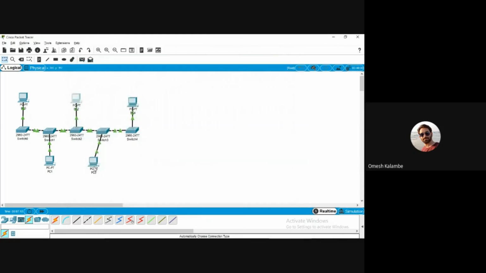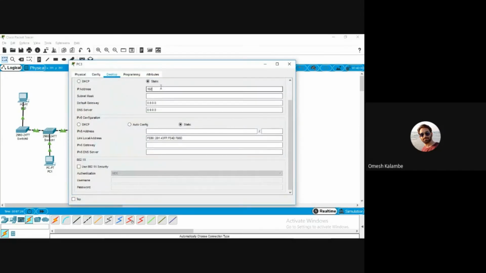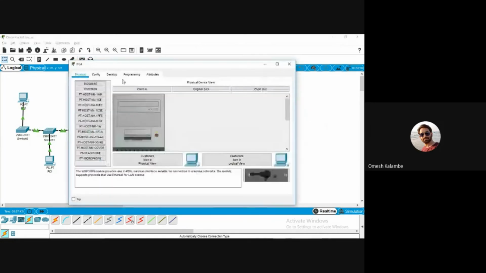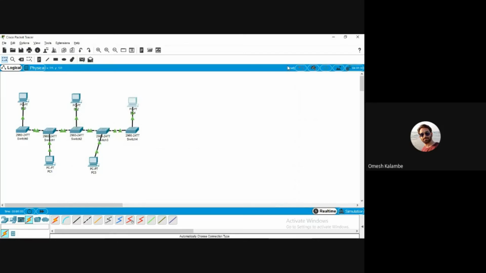Close it. PC3, Desktop, IP configuration, 192.168.1.4, subnet mask and default gateway 192.168.2.1. Close it. And PC4, 192.168.1.5, default gateway 192.168.2.1. Close it. Now we have assigned IP addresses to all 5 systems.